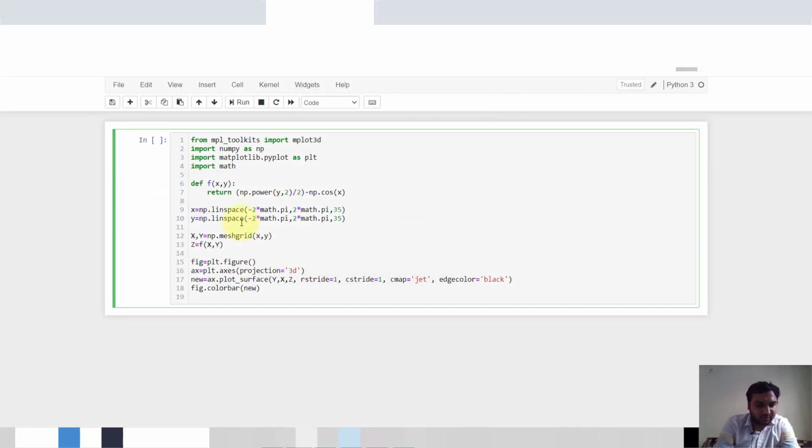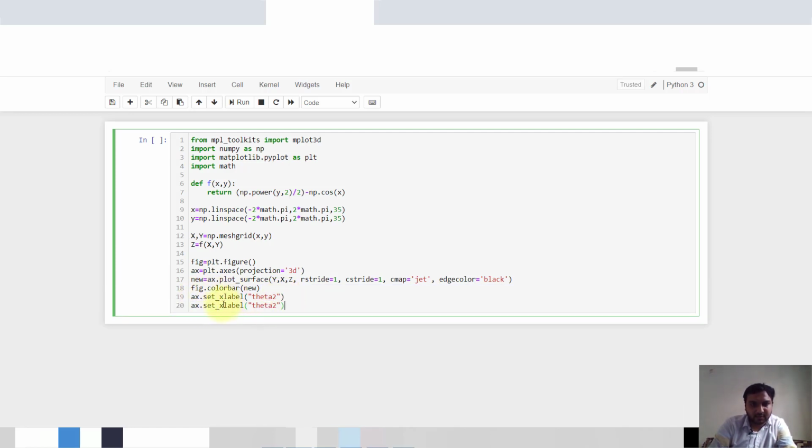So we will ax.set_xlabel as theta 2, and the same way our y label is theta 1, and our z label is motion.